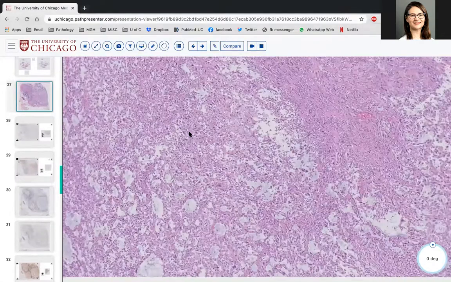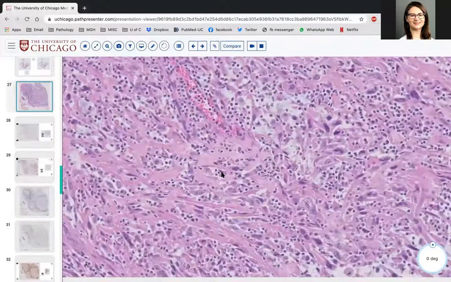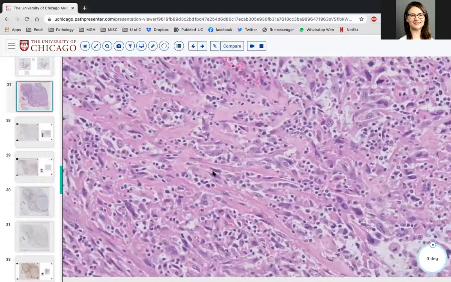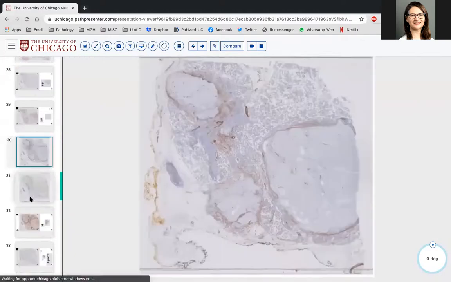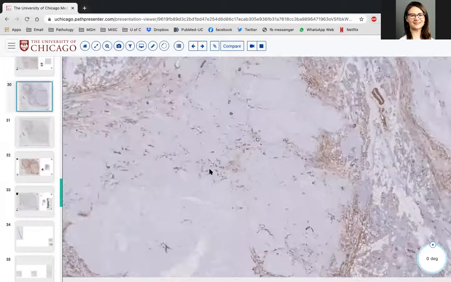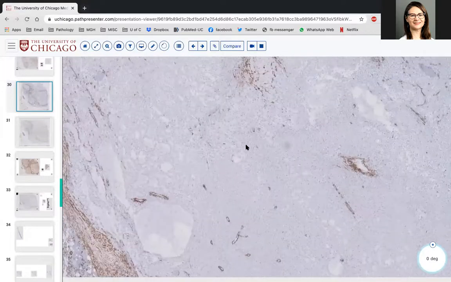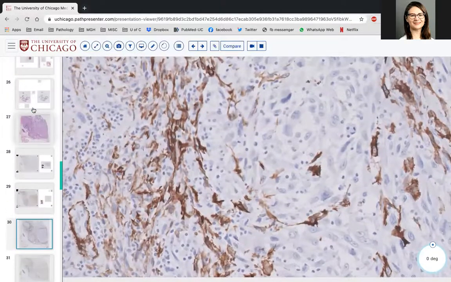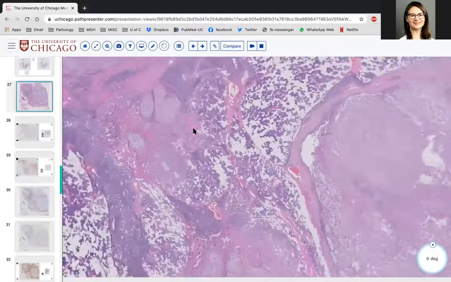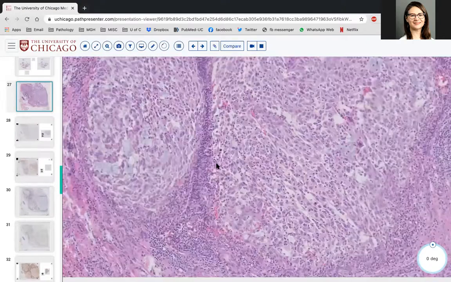And the only other diagnosis that I would consider with strong P40, P63, and keratin might be like a weird myxoid variant of a metastatic squamous cell carcinoma. But in the presence of no skin cancer, in the presence of SMA and or calponin, this probably fits best for a primary salivary myoepithelial carcinoma, which, as you know, can be epithelioid, can be spindled, is often high grade, and characteristically has this myxoid